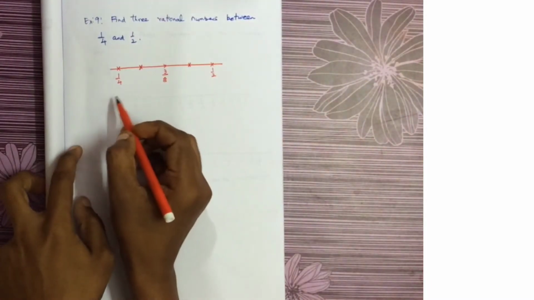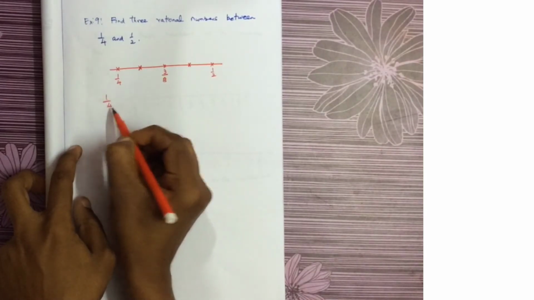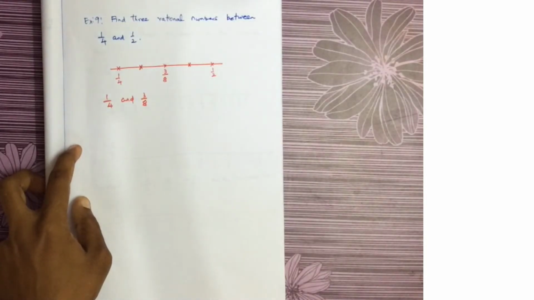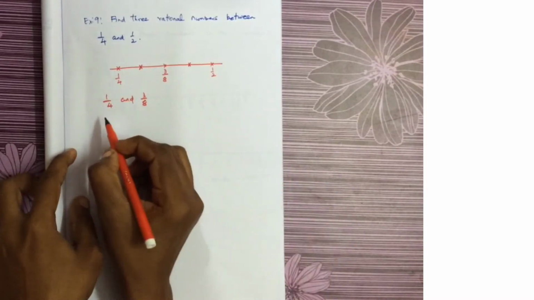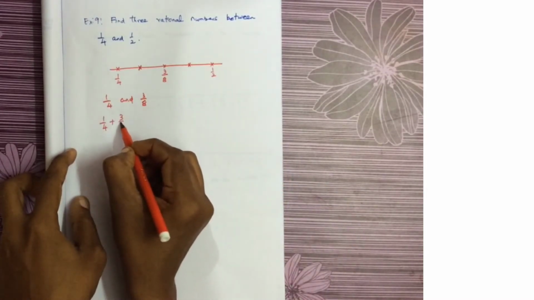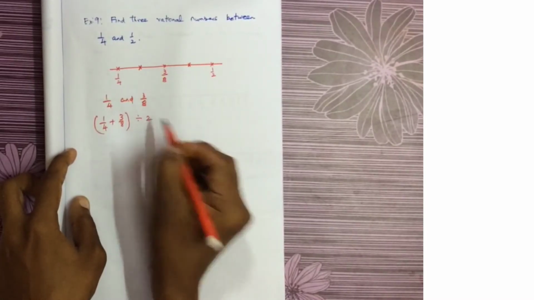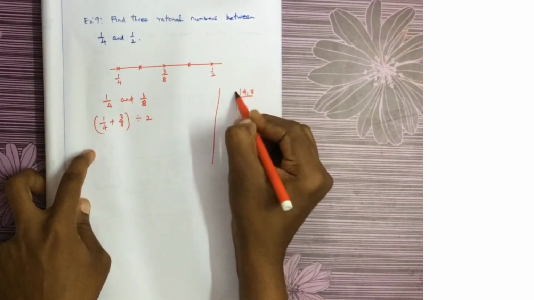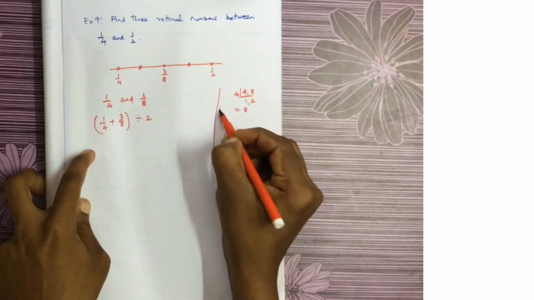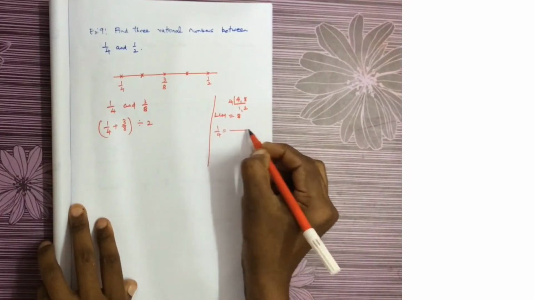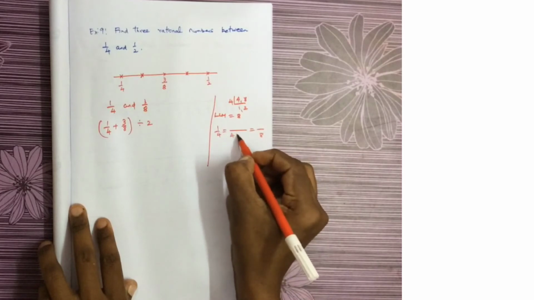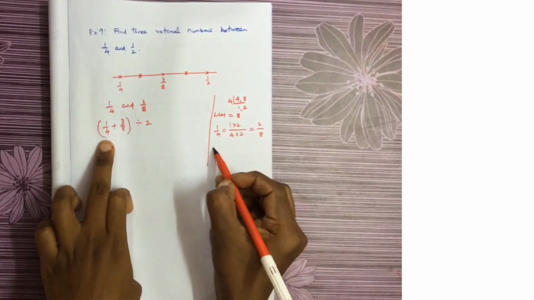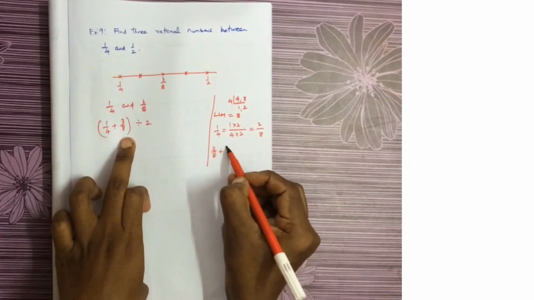So now we have to find with 1 by 4 and 3 by 8. How to find the exactly in between? You have to find the mean, that is you have to add and divide by 2. So 1 by 4 plus 3 by 8, then you have to divide by 2. Okay. Now as usual you have to take LCM of 4 and 8. 4 ones are 4, 4 twos are 8. So LCM is 8. So 1 by 4, you should represent this 4 as 8. So 4 multiplied by 2 and 1 multiplied by 2, this is 2 by 8. So instead of this 1 by 4 I am writing 2 by 8 plus this 3 by 8 I am writing as it is.